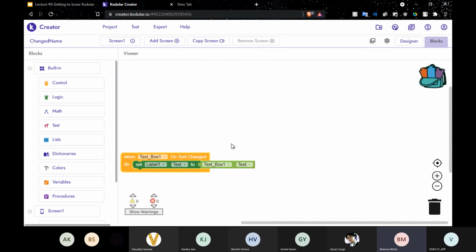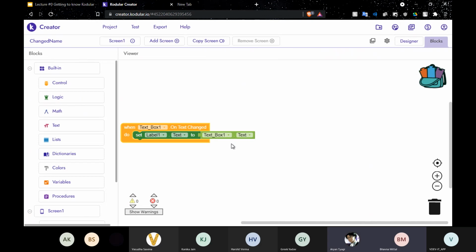Why is it scrolling down? Ma'am, actually, I was scrolling it up and down. Okay. So here you can see. Are you able to go to this type of control?